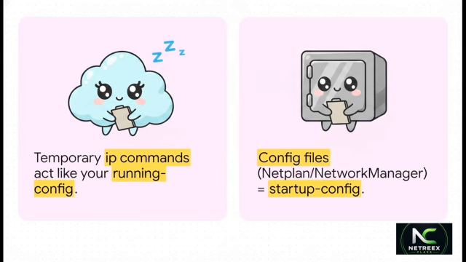But here is the absolute biggest trap in Linux networking, so pay attention. Using those IP commands we just talked about, that only changes the active state of the kernel. It is exactly like modifying the running config on a Cisco router, meaning if you reboot that server, all those IPs and routes just vanish. To make them permanent, you have to write them into persistent network configuration files. Think of those files as your startup config. Depending on your distro, this is usually handled by Netplan on Ubuntu or Network Manager on Red Hat.